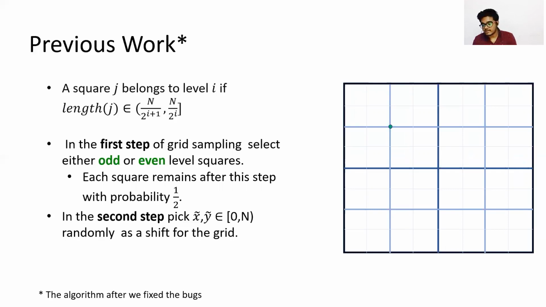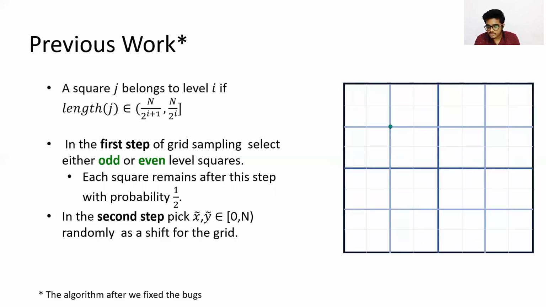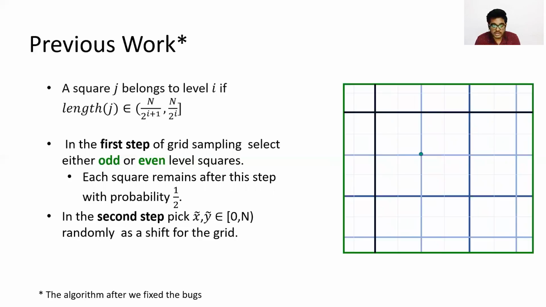So what is a grid? It's not defined yet, so let's see what a grid is. A grid actually looks like this. It's a set of horizontal and vertical lines of different levels. Again, the lines have a level. This is a shifted grid. That was the initial position. This is a shifted grid using a random shift.